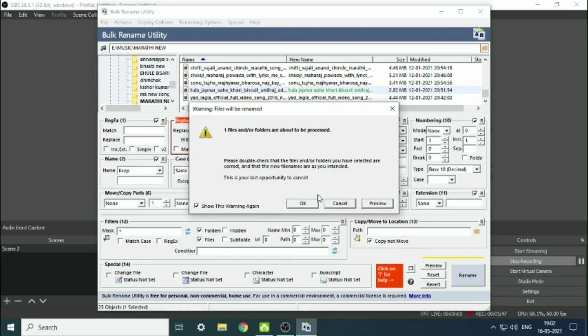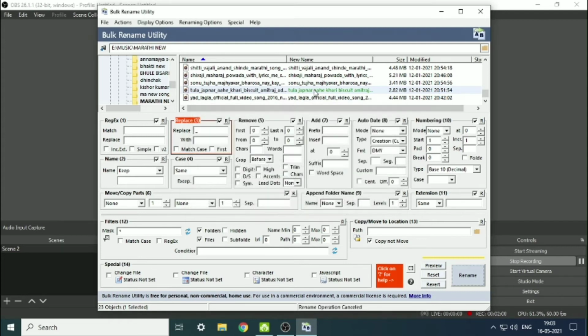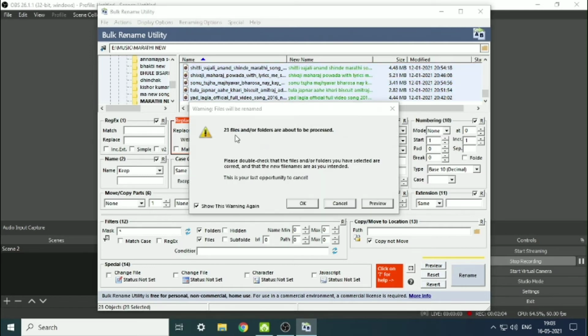What happens is it shows a warning, that one file or folder is about to be processed. This happened because I selected only one, so I will select all. Now it is showing that 23 files are about to be processed. 23 objects are selected and 23 are being processed, so that is good.